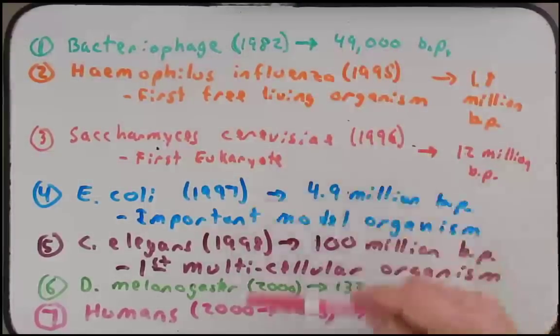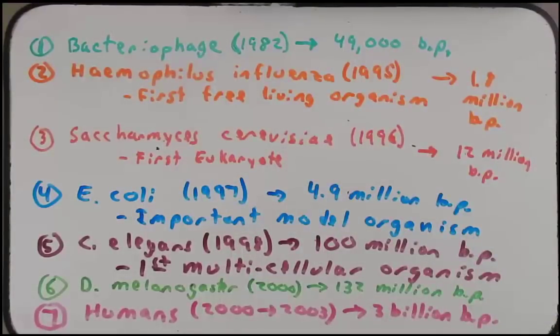Now that we have all of these genomes and their sequences available to us, we can start to try to understand each of these organisms. And we can start to try to understand the evolutionary relatedness of all of these organisms. We can start to look at humans and our genome and try to understand our development, our evolutionary history, and various diseases that afflict humans. This really opens up a lot of opportunities, but also, as we'll learn, a lot of responsibilities. So what is the human genome? Let's spend a little bit of time talking about that.